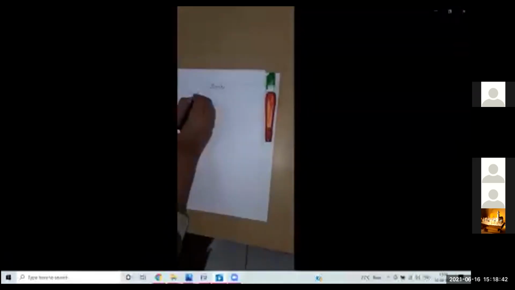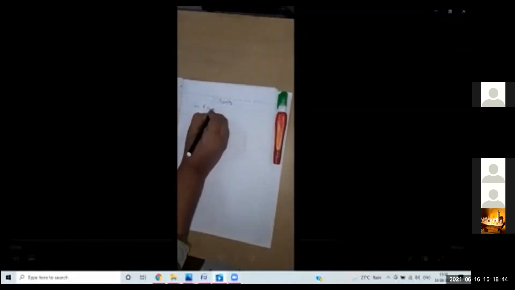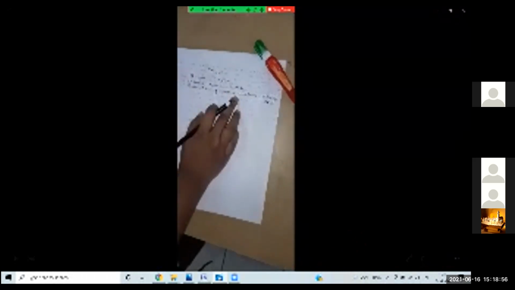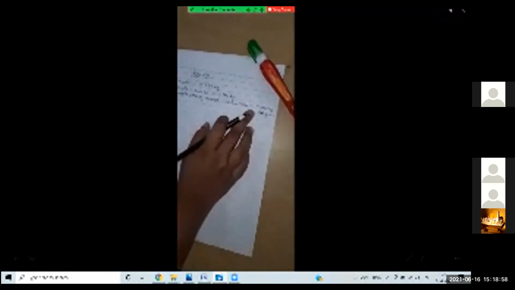From our experiment, we get the weight of mold 0.839 kg. Weight of sample passing through the 2.36 millimeter sieve is equal to 0.016 kg, equal to 6